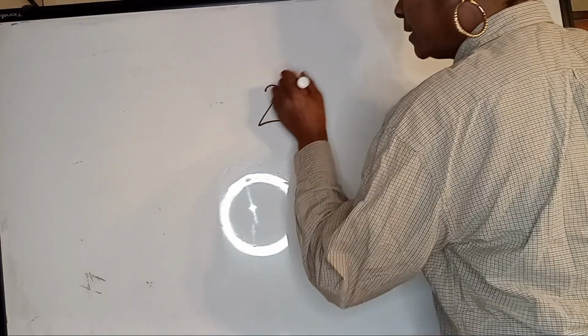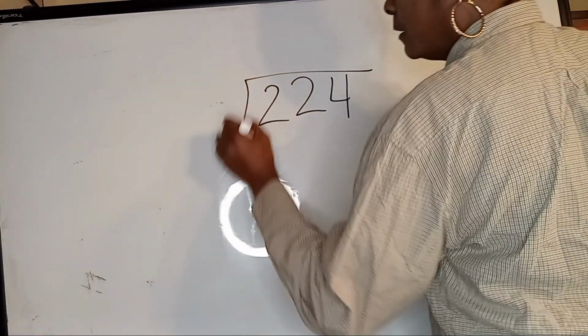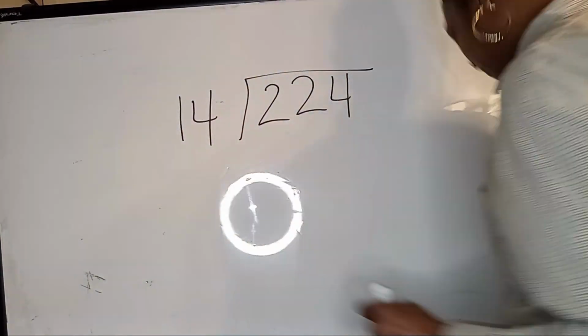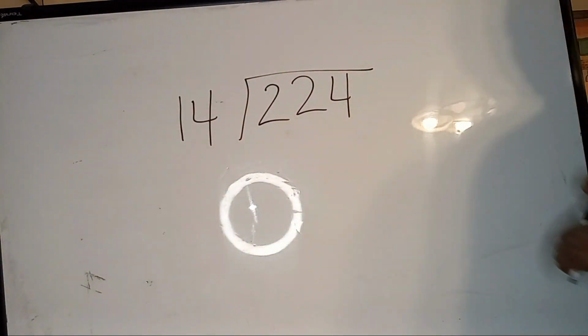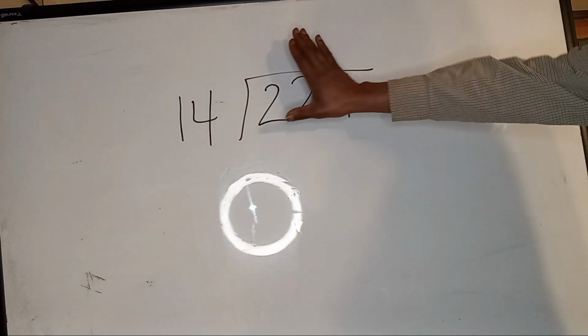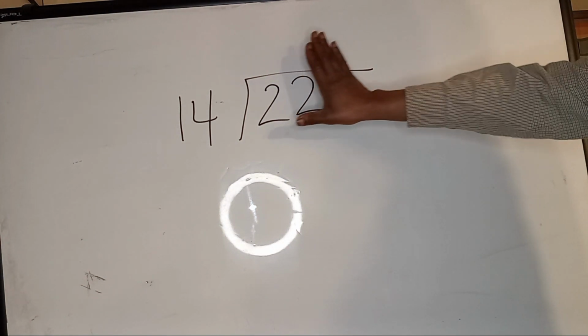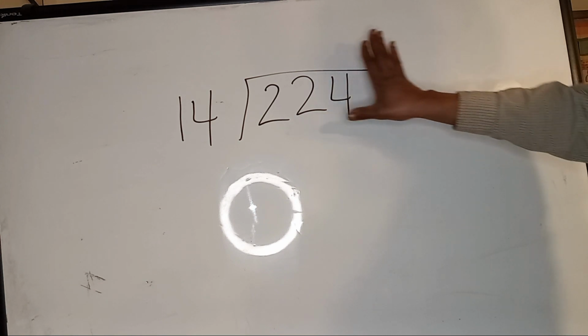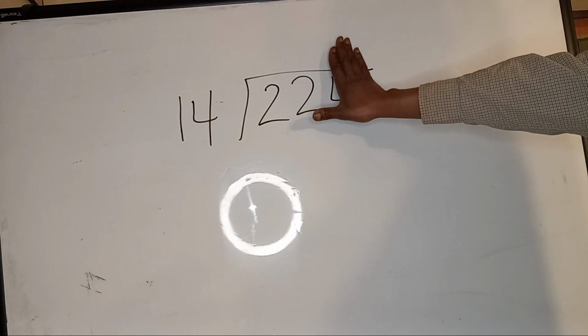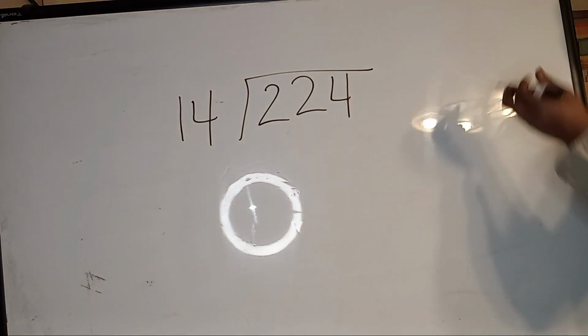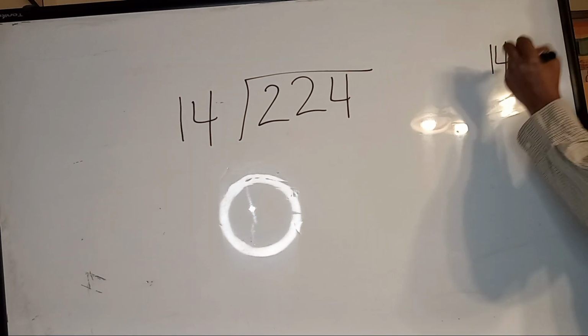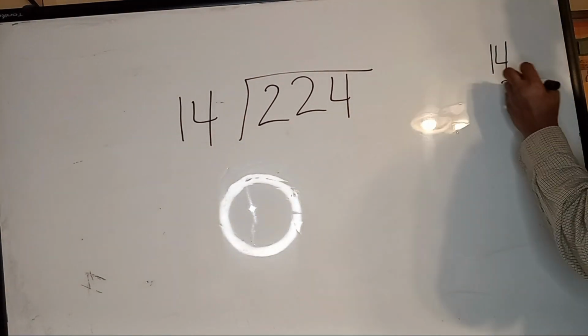All right, so we had 224 people. We got 14 train cars. So, like I told you, what we always like to do first, 14 cannot go into 2, but it can go into 22. We're not looking at 224, we're just looking at 22. So, the first thing you do to rule it out, if you don't know ahead of time, is